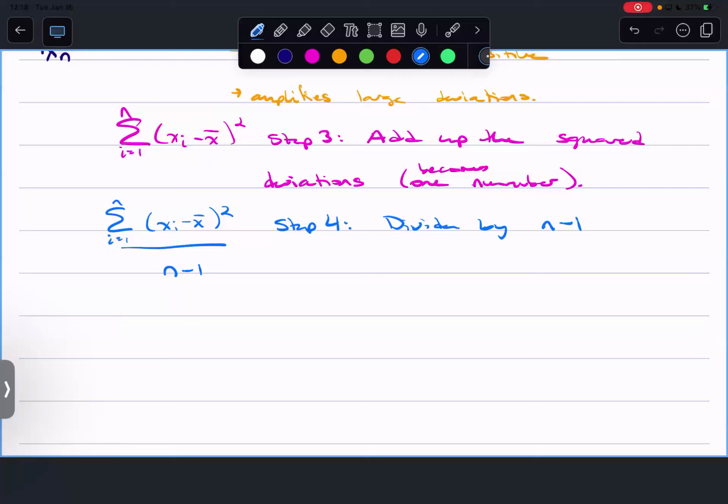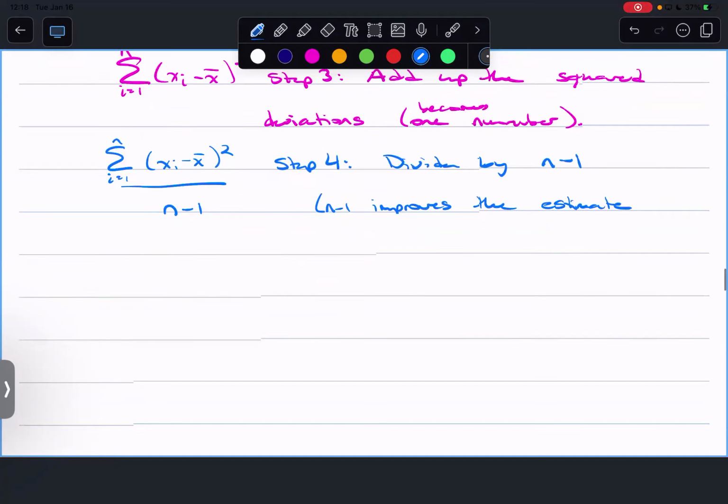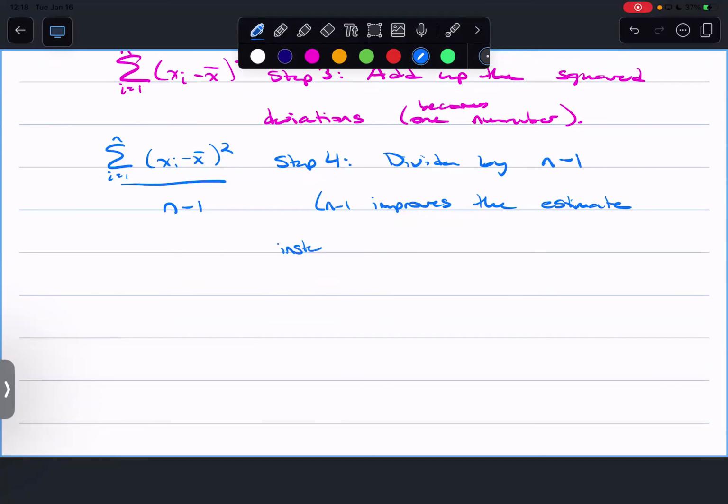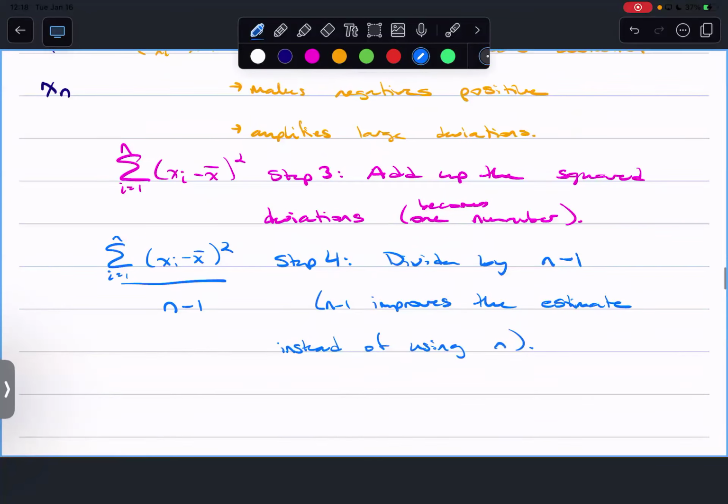It gives us a better estimate, and that's all we need to know. There's a ton of theory behind it, but for us, n minus 1 improves the estimate instead of what you would probably want to do, which is using n. But that's as far as we're going to take that. Okay. And so then you have the variance,